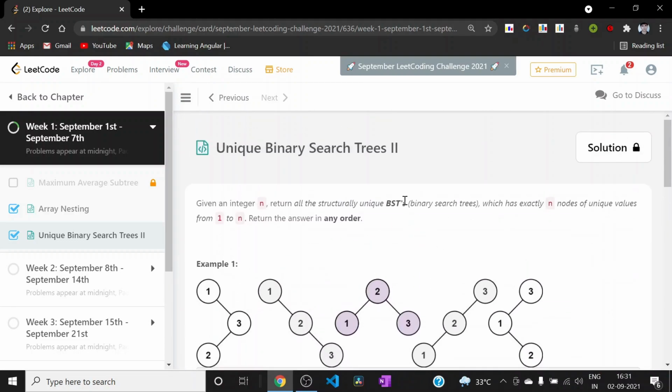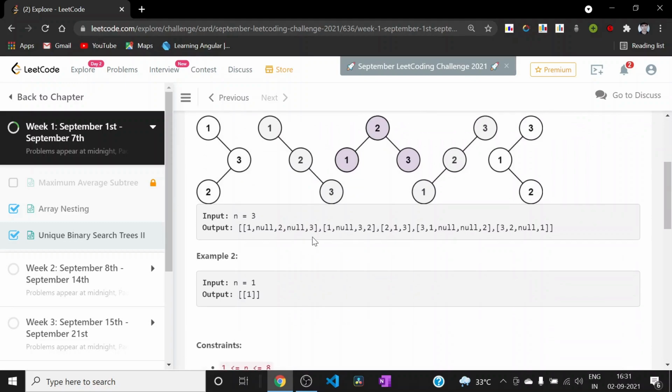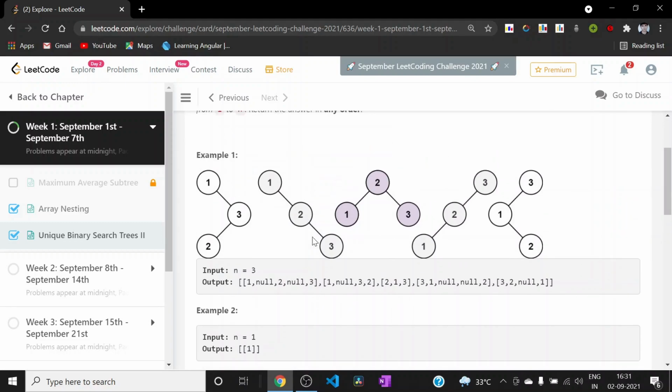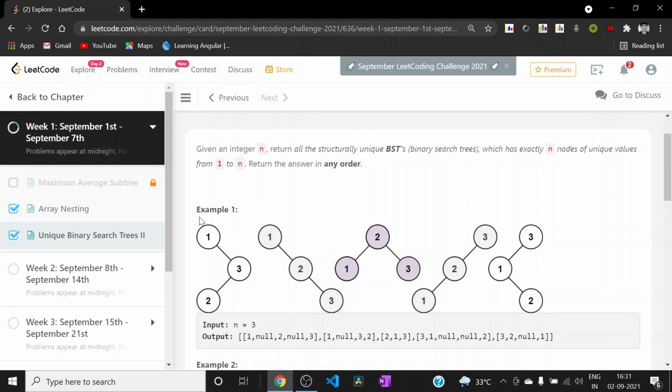If you have solved the easier version of this problem, in that problem we are only required to output the number of possible unique BSTs. So in that, what we do is we first find all possible number of left BSTs and all possible number of right BSTs, and then we multiply both of them, for every possible root. So in this problem, we'll be doing a similar thing.